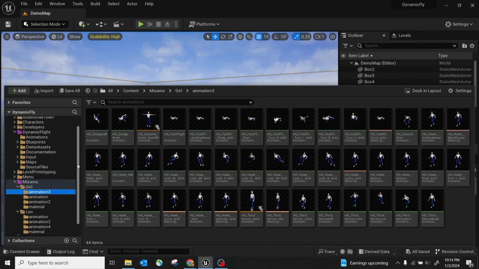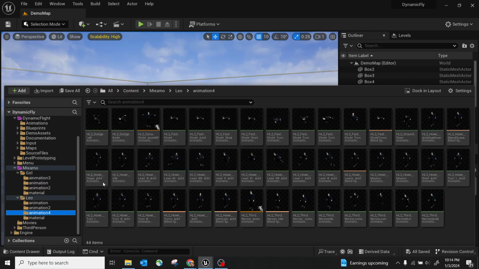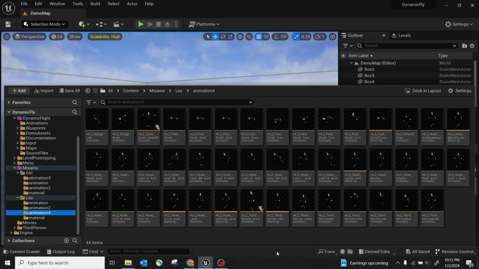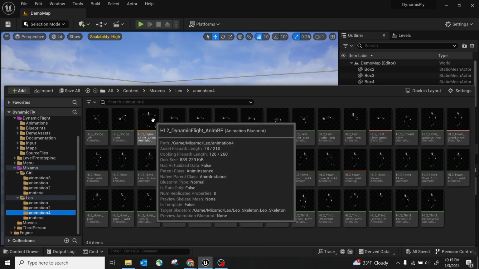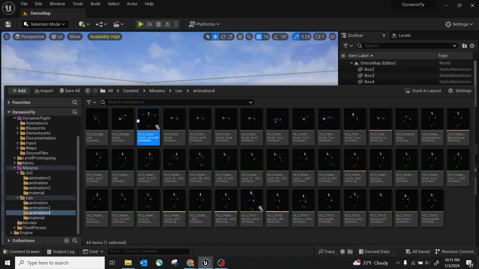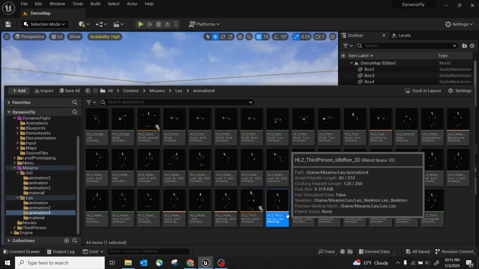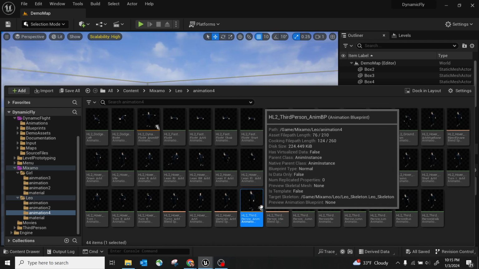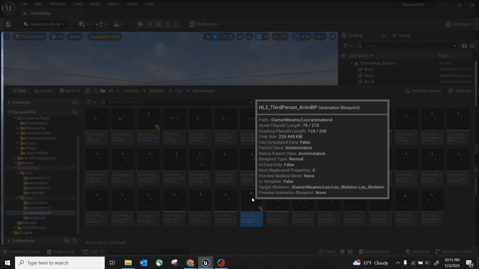I do want to mention there's actually one more thing you have to modify, which is the animation BP, right? So here, this is called dynamic flight animation BP. There's also one called third person animation BP. Where is it? It's here, right? You can tell from the logo, from the icon. So if I double click,